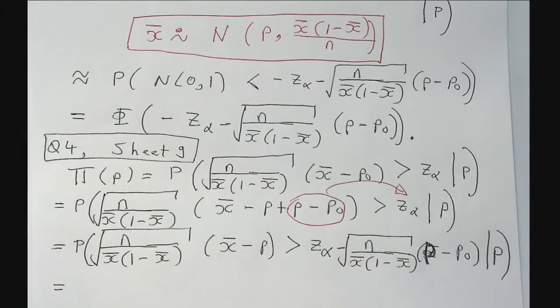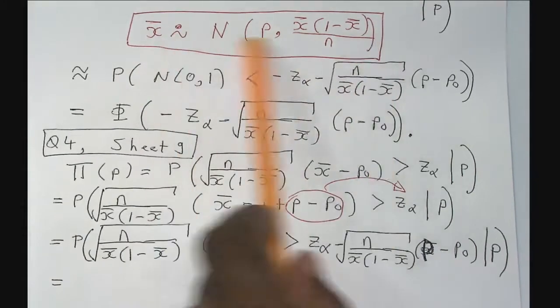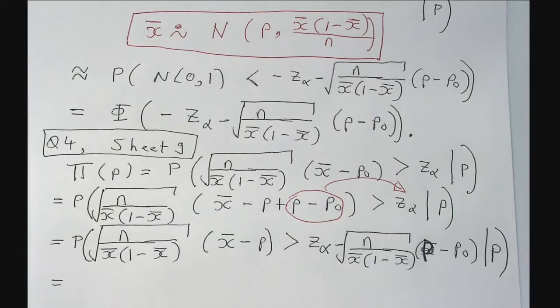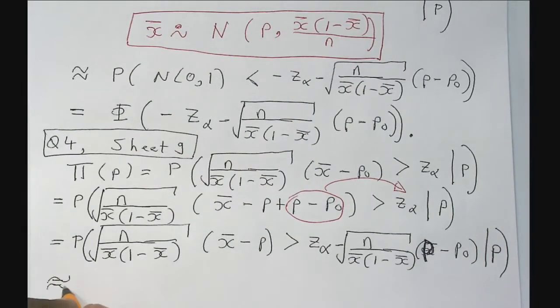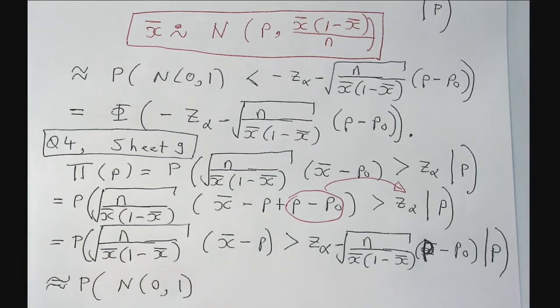And the next step is, as before, using this approximation one more time, we can argue that this is approximately equal to the probability that a standard normal variable is greater than